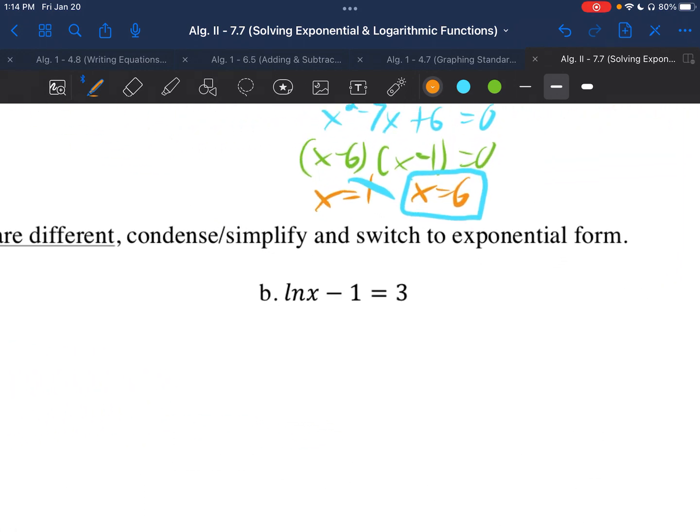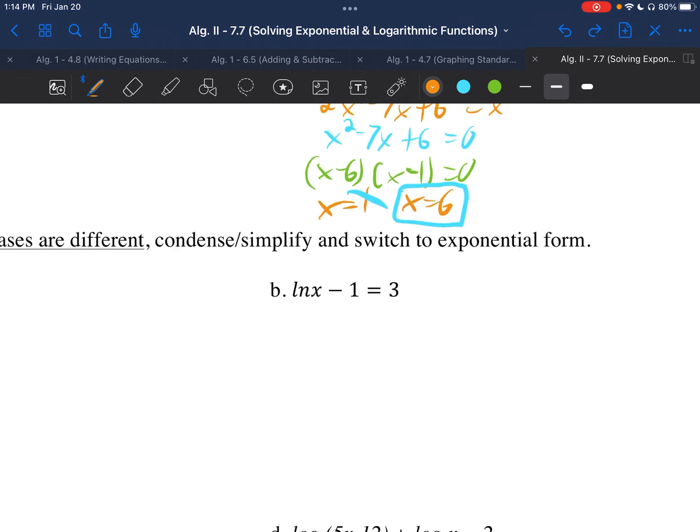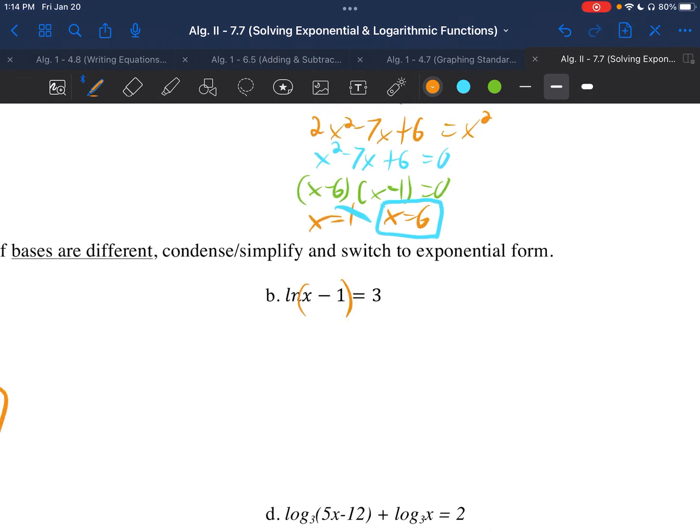And we'll do a very similar thing on b, but first we have to get the logarithm by itself. So it's important to keep in mind that this is not part of the logarithm here. One way we can know is that, 1, it's not in parentheses, and 2, it doesn't have another log in front of it. So we'll add 1 to both sides and get the natural log of x equals 4. Now we'll do that spiral thing. And remember, that was really log base e, so we'll have e to the power of 4